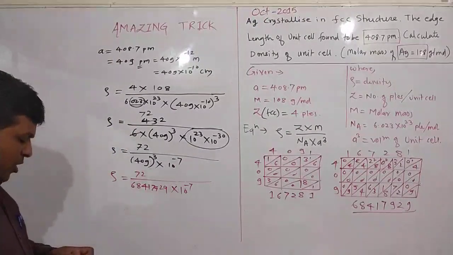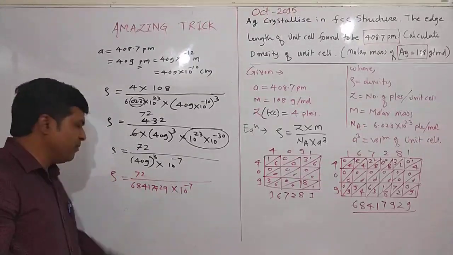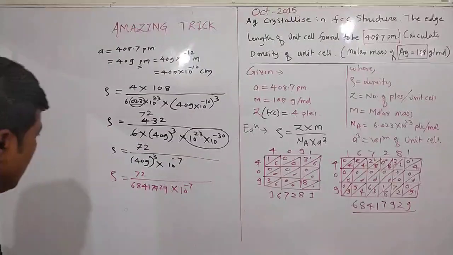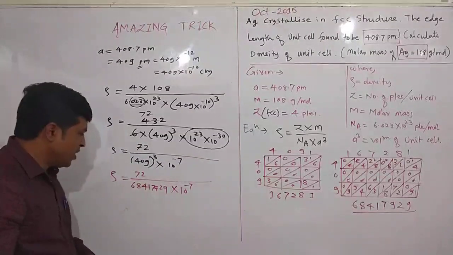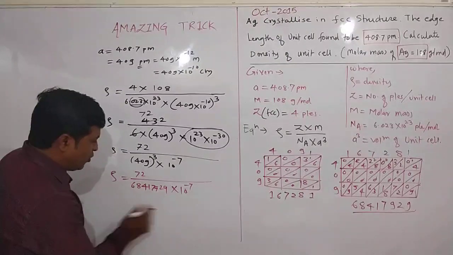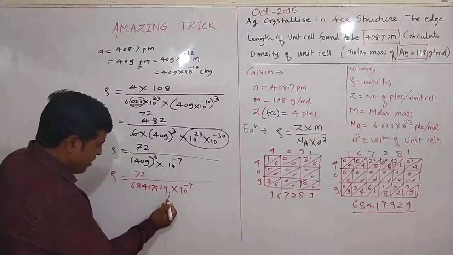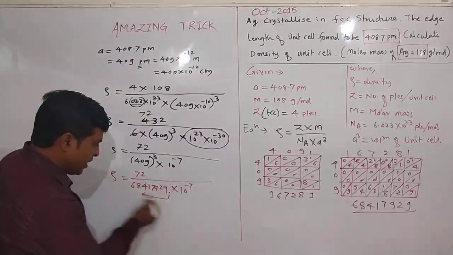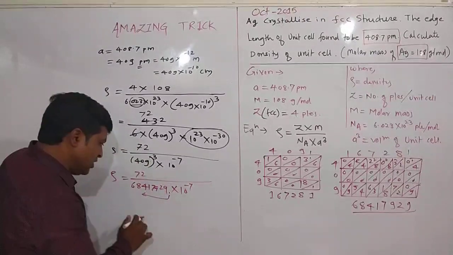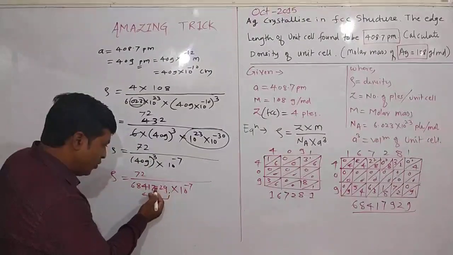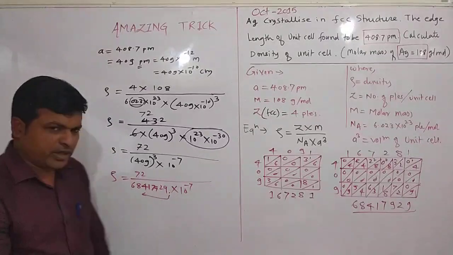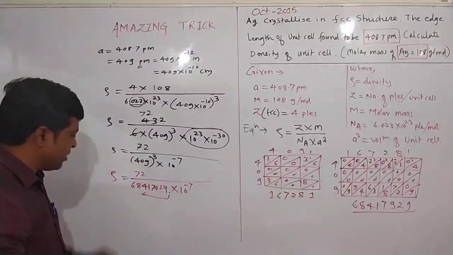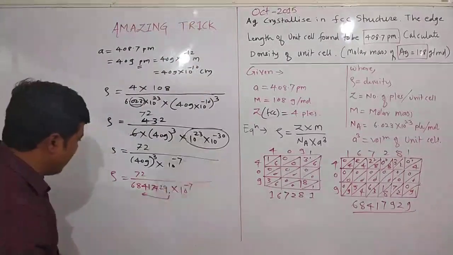So what is the problem? If you divide these two big numbers, there is a little bit of a problem. How can we solve it? Here the numerator is 2 digits, so convert this big number into 2 digits. Move this decimal point through 1, 2, 3, 4, 5, 6. If you decrease the value by 6 digits, you have to increase the power by 6. Decrease value, increase power.